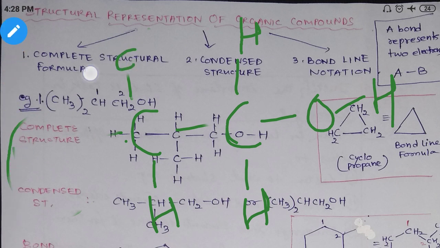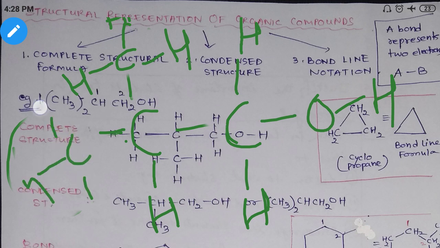So you will write C like this, H. It is difficult for me to write on this screen, CH3. So like this you will write. You will not write CH3 as a whole, but you have to break this CH3. You have to show the carbon hydrogen bond. In short, the structure you write by showing carbon hydrogen bonds is called the complete structural representation. In complete structure representation, you will show each and every bond, carbon hydrogen, be it any functional group. So I think it is clear.